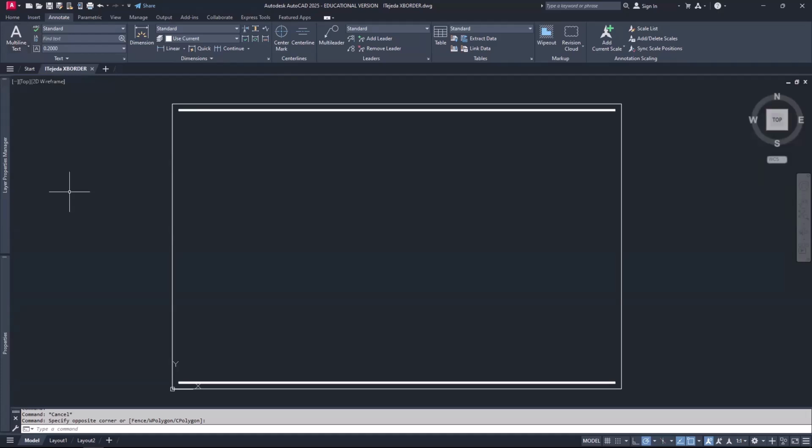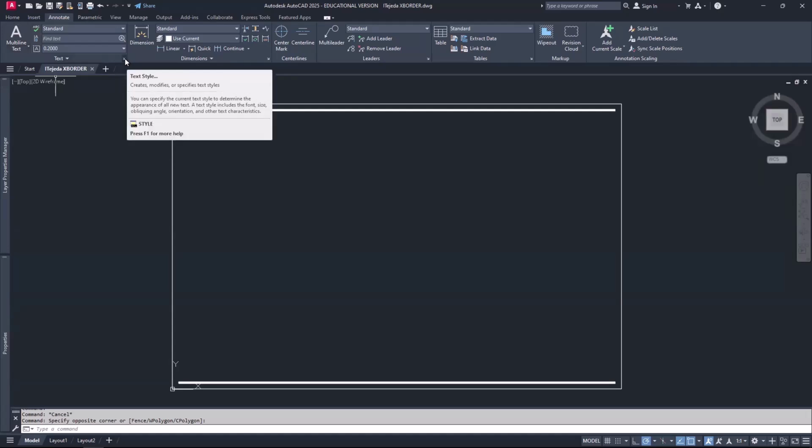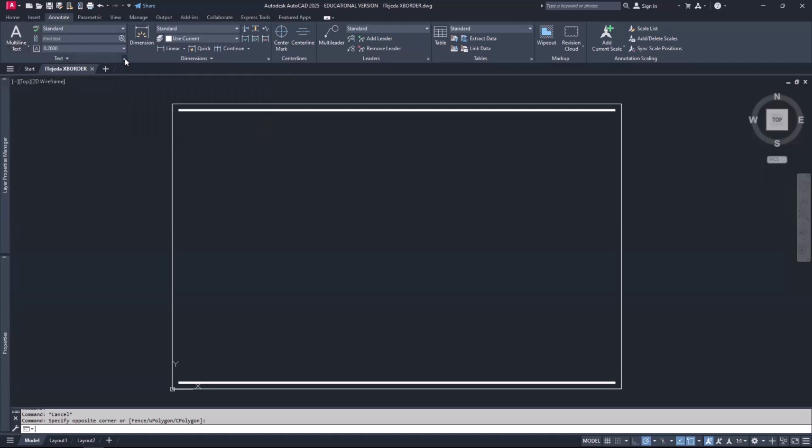So just like we've loaded line types into our drawings, and we've also added layers, we have to do something similar here with text. So with the text, there's a very, very small arrow over here, and that's for the text style. You click on that,